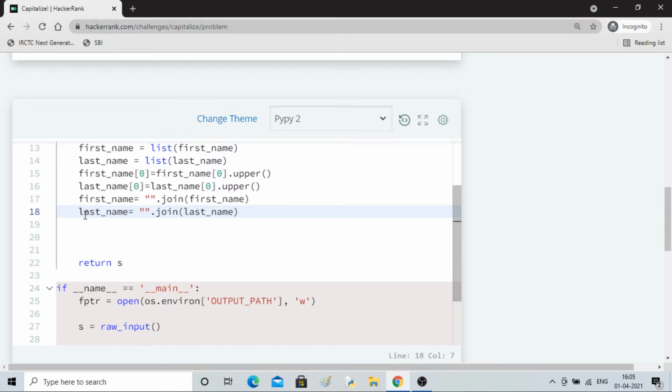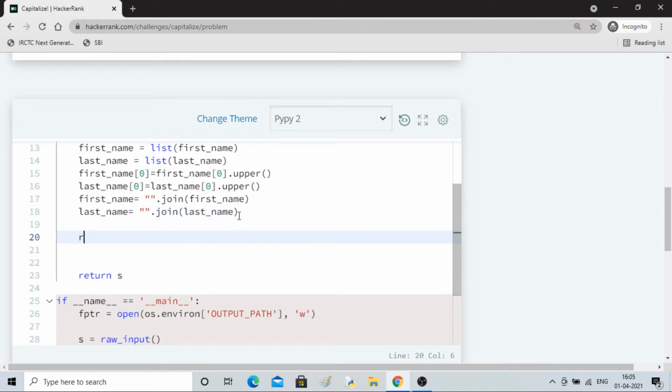So now I have first name and last name in capital, and what I can do is make something called result, and I'll write first name and last name together. First name, I'm just concatenating it with a space.